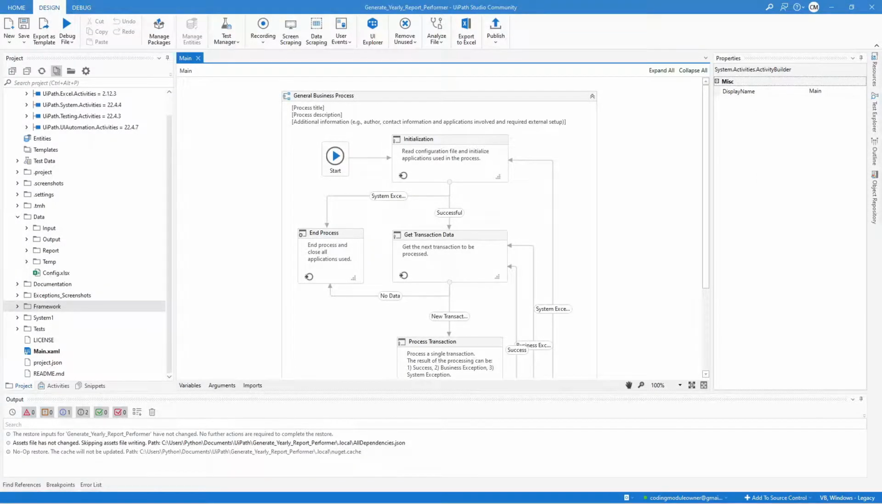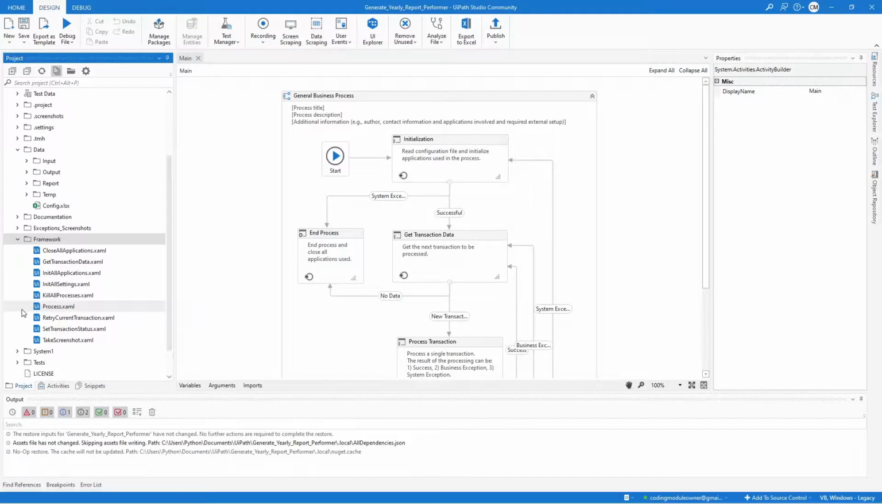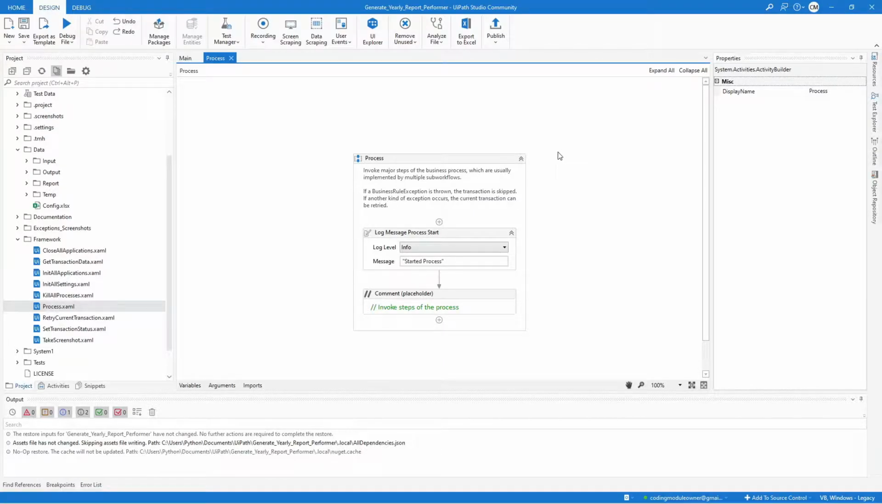We will complete our performer project in this video by editing the process workflow. So open the process workflow from the framework folder. In this workflow, we will start with a cleanup sequence to ensure no existing report folder exists. It is similar to what we did on the initialization state, so we can copy that sequence instead of creating